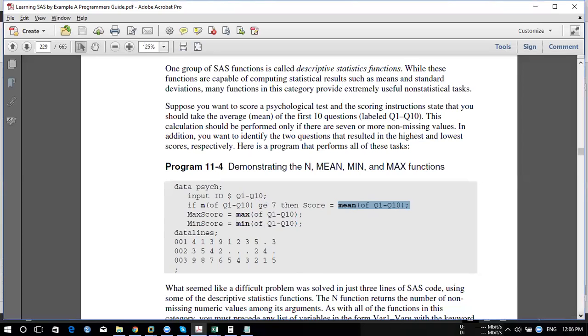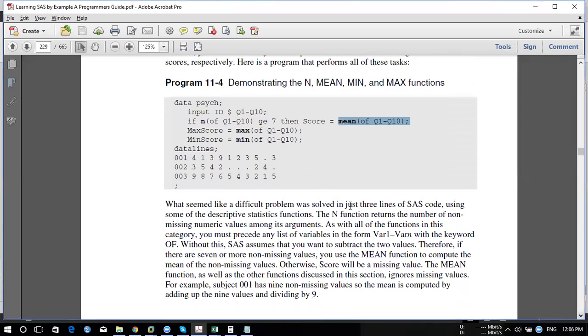So now if you go back to the output, how many are we able to calculate? We won't be able to calculate any mean for this row, because there are not enough values present. It is only 1, 2, 3, 4, 5, 6. So for this the calculation won't happen. My requirement is that if it has more than 7 present values, then we calculate the mean for all those values. Getting it?